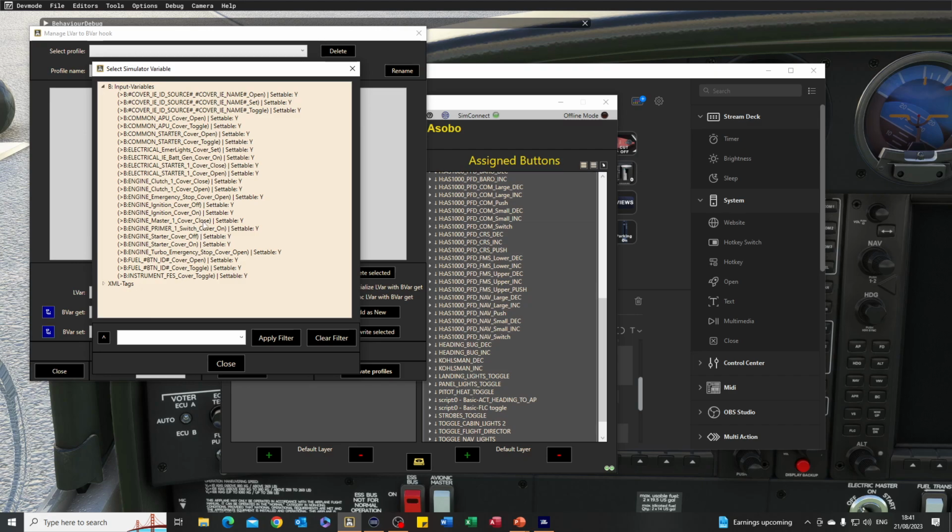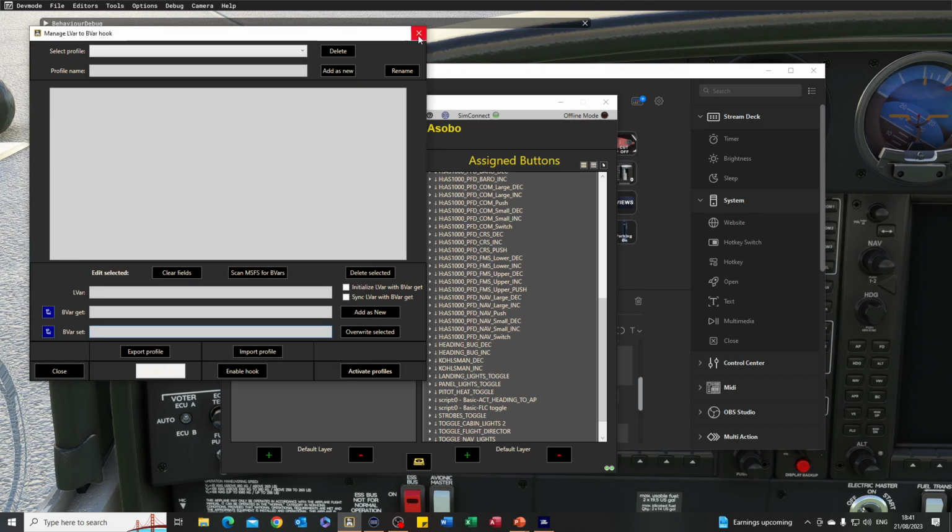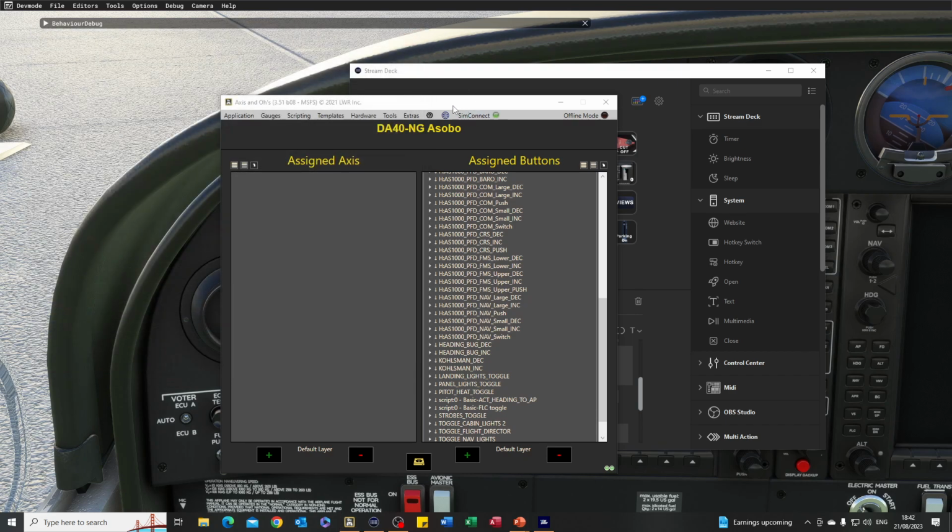It's different from what we found when we looked in the sim variables, but it gives you an idea that there's probably an open and various other bits and pieces. So we're getting somewhere with it here by hunting around to see what's possible. The other place you can look for it,